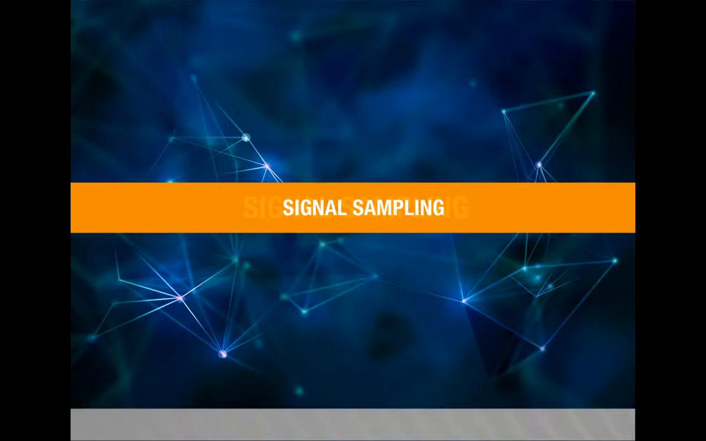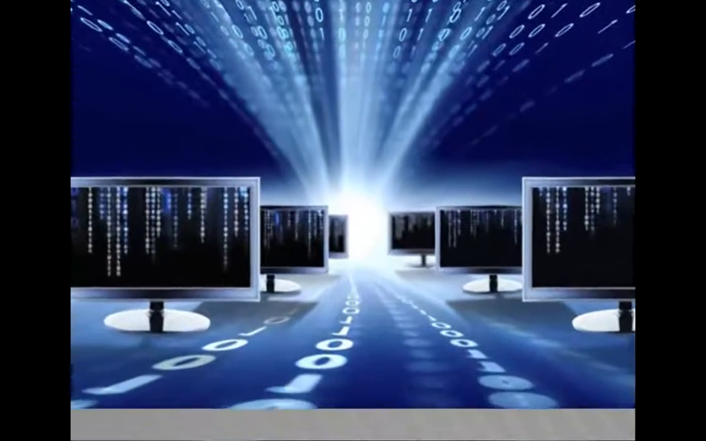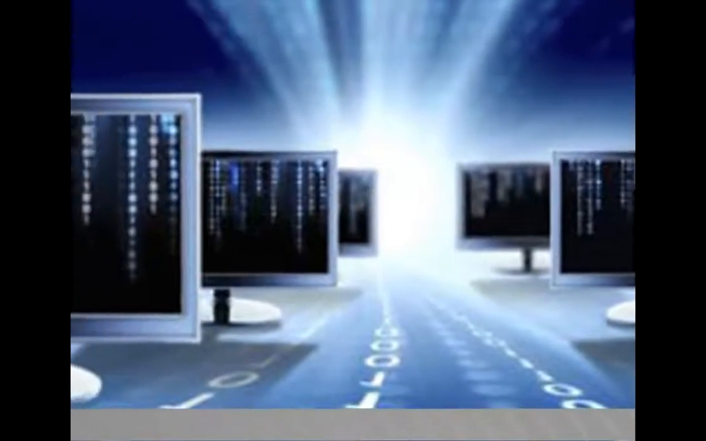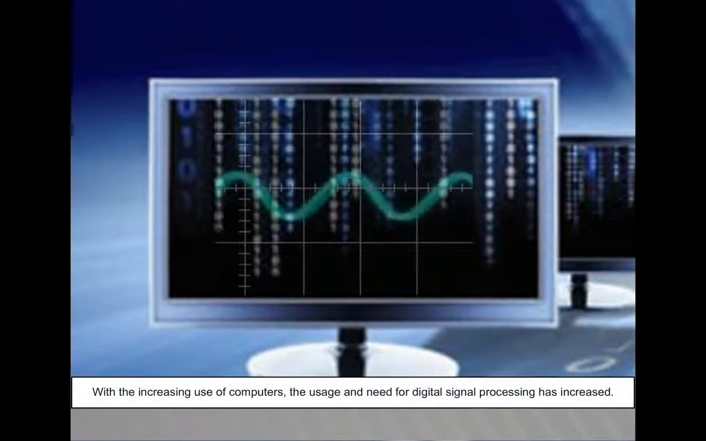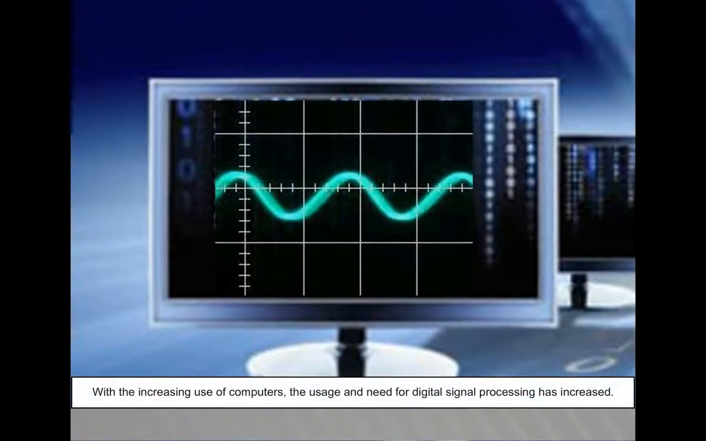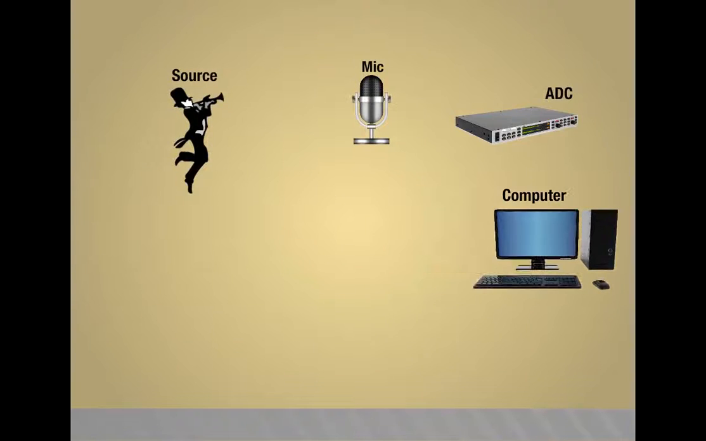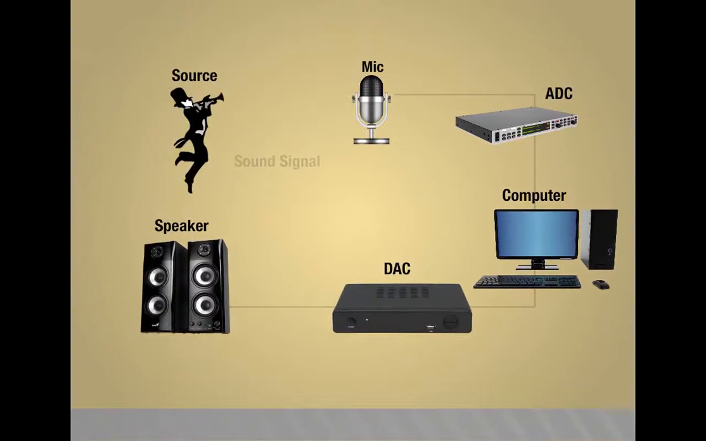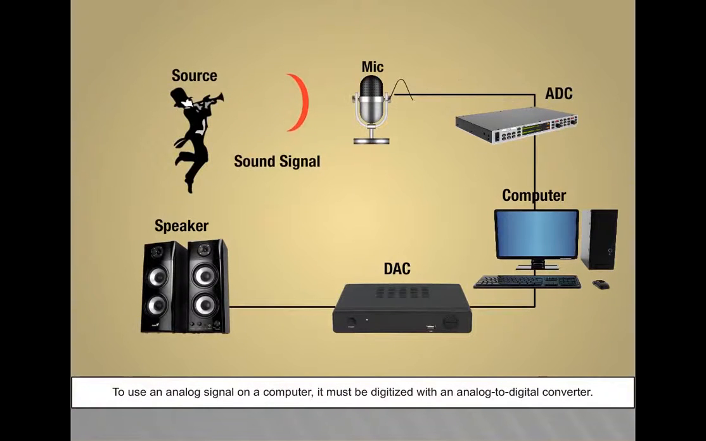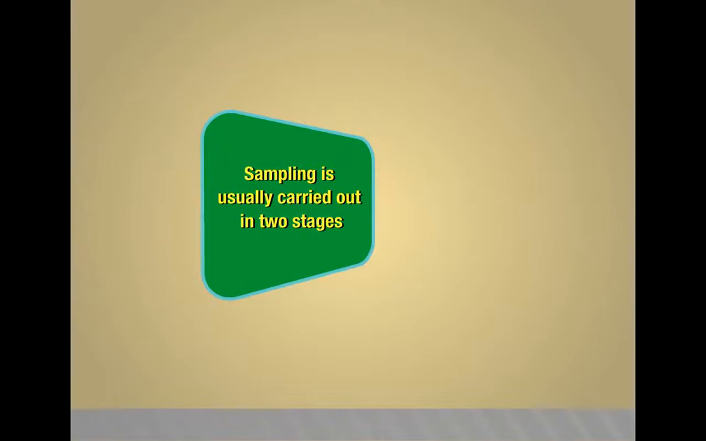Signal sampling. This video explains about signal sampling. With the increasing use of computers, the usage and need for digital signal processing has increased. To use an analog signal on a computer, it must be digitized with an analog to digital converter. Sampling is usually carried out in two stages: